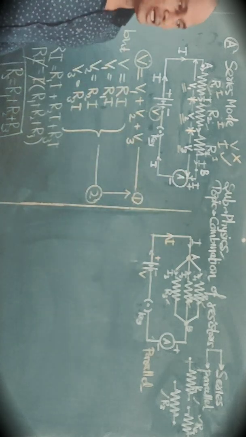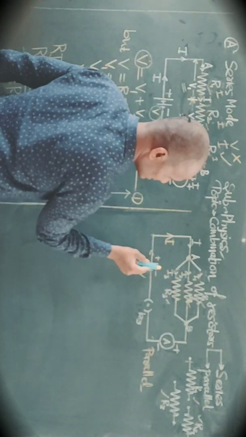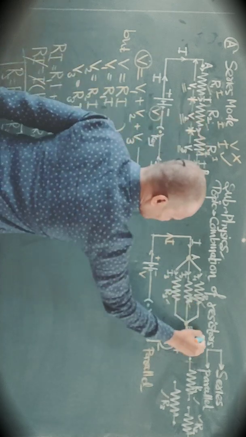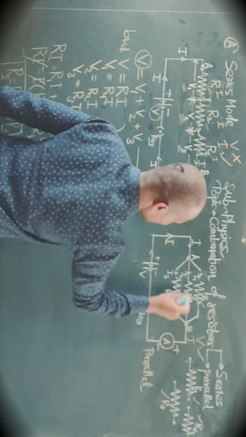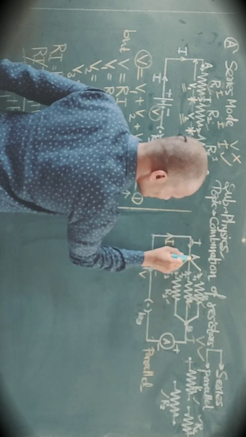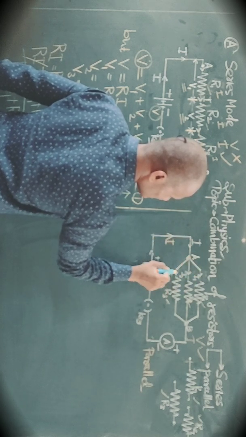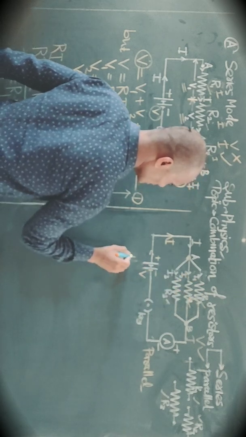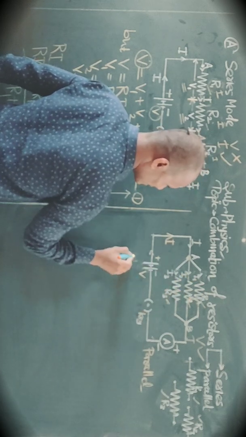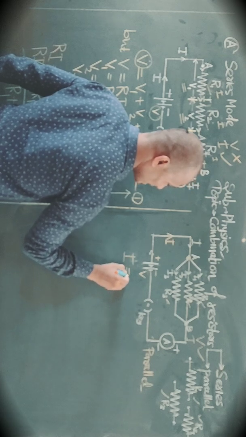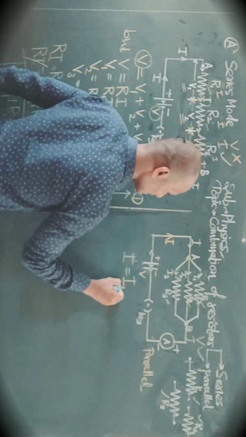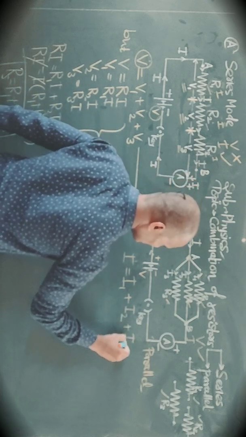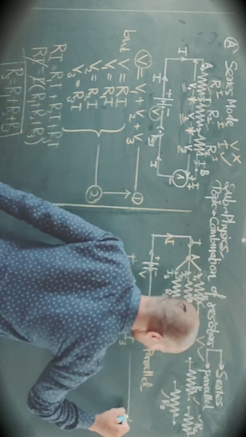We'll see the parallel mode. In parallel we see the voltage we applied remains the same, but the current gets distributed. This is, the total current gets distributed along the resistors: I1 through R1, I2 through R2 and I3 through R3. So for parallel mode we can have current divided across the resistors. We can say this as number 1.